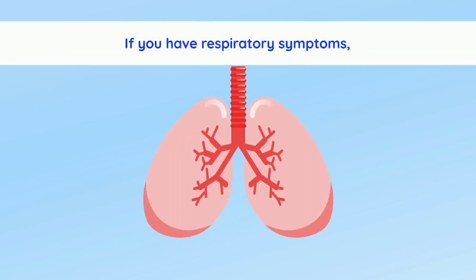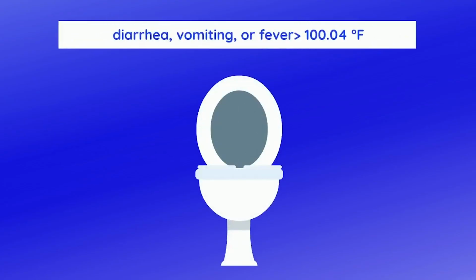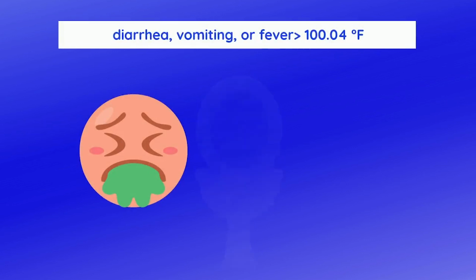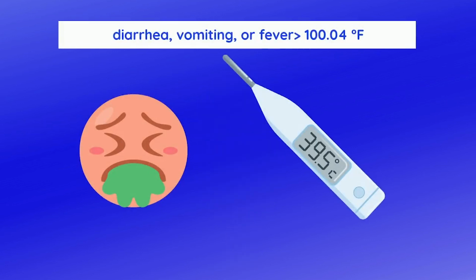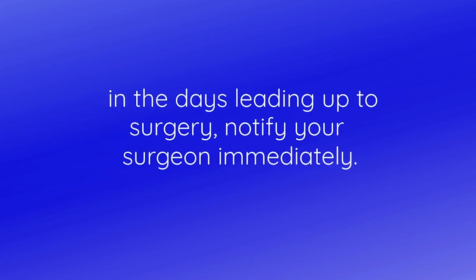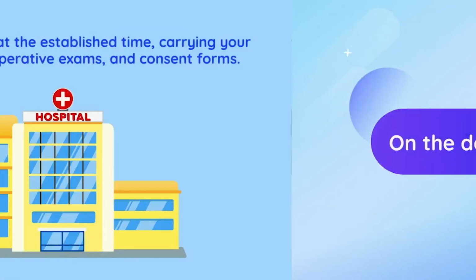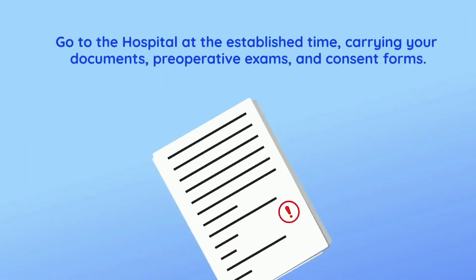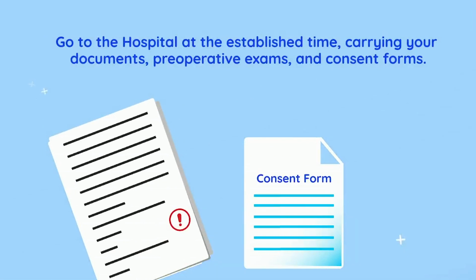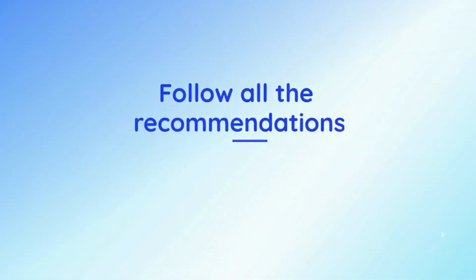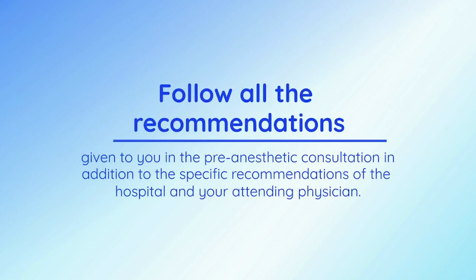If you have respiratory symptoms, diarrhea, vomiting, or fever of 100.04 degrees Fahrenheit in the days leading up to surgery, notify your surgeon immediately. If you decide to cancel your procedure for any reason, inform your surgeon and the hospital. On the day of your procedure, go to the hospital at the established time, carrying your documents, preoperative exams, and consent forms. Follow all the recommendations given to you in the pre-anesthetic consultation, in addition to the specific recommendations of the hospital